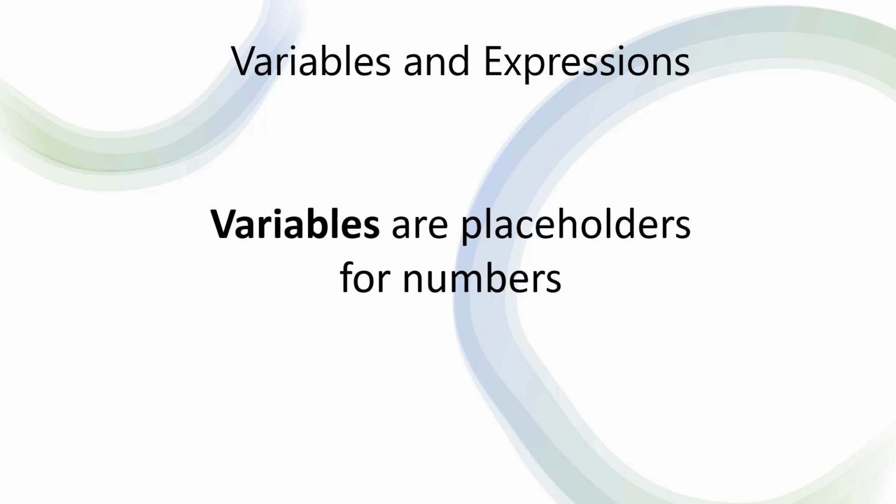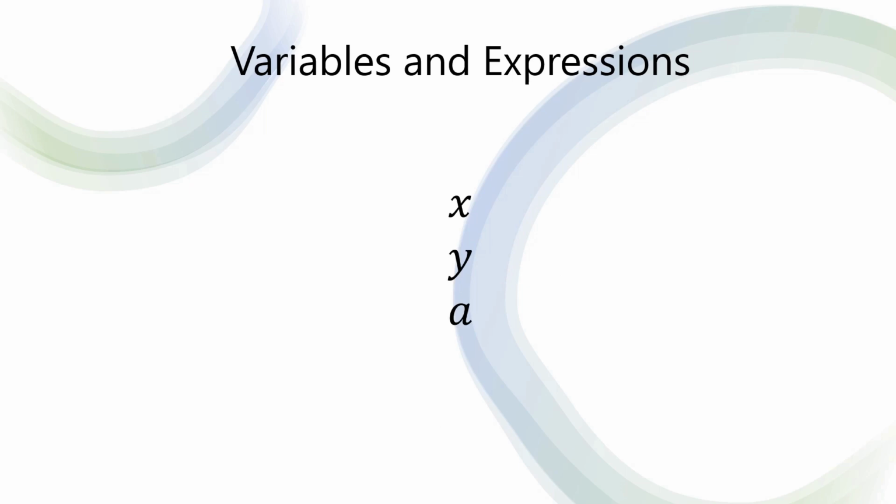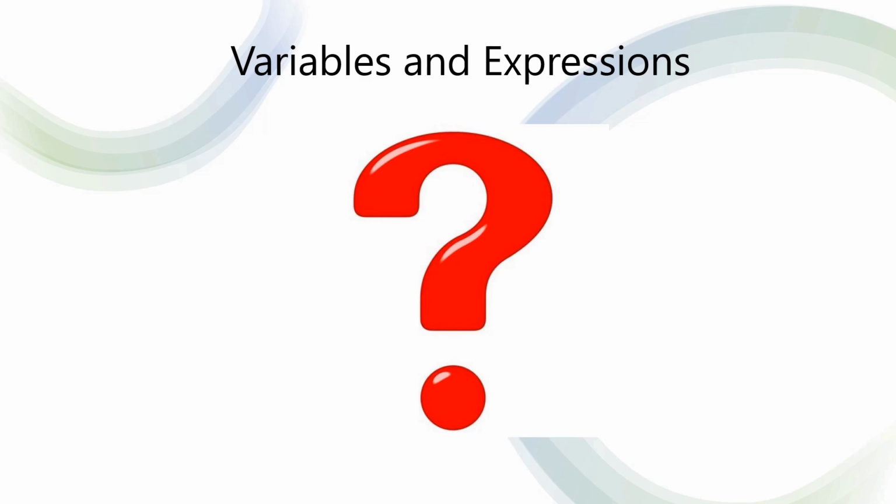Variables are essential elements in mathematics and computer programming. They serve as convenient placeholders for numerical values and are typically denoted by alphabetical characters such as x, i, a, or any letter of your preference. These symbols play a crucial role in representing and solving problems where the exact numeric values are not known or need to be generalized. In essence, a variable can be likened to a riddle, concealing an undisclosed number that awaits